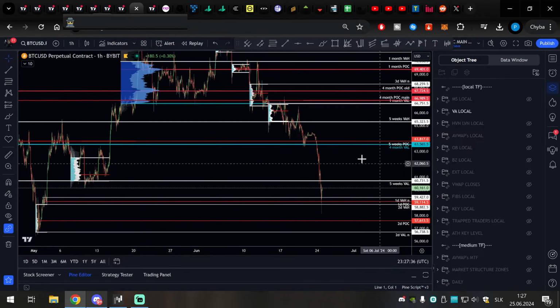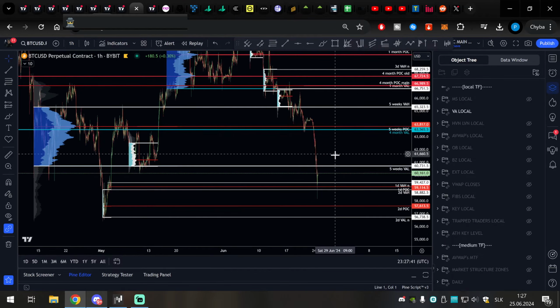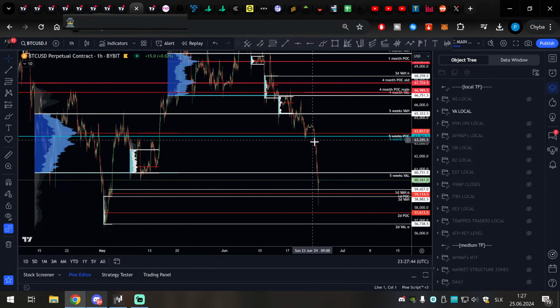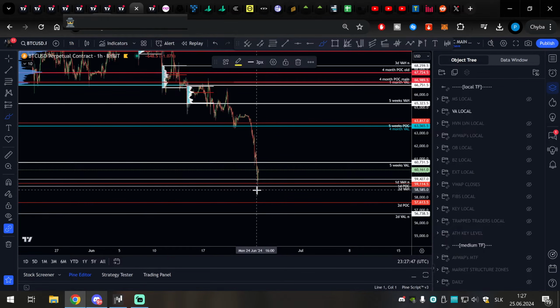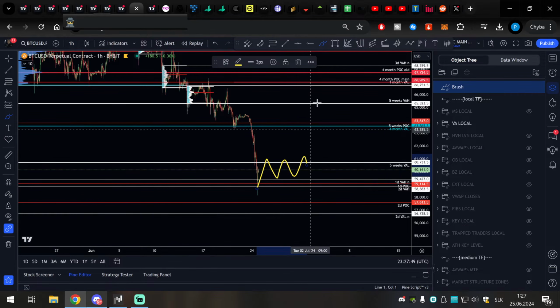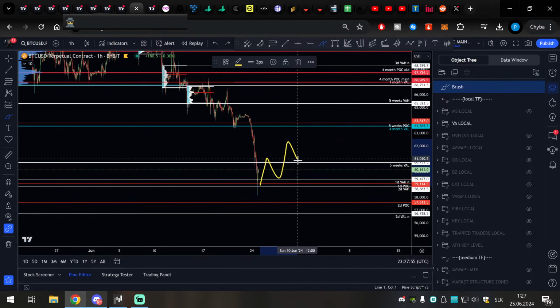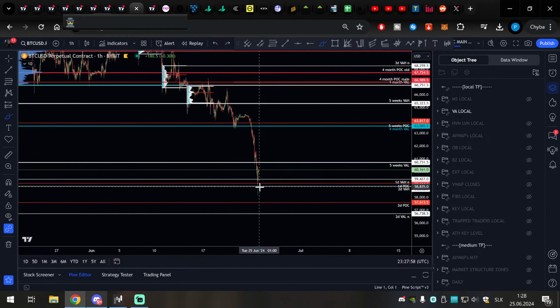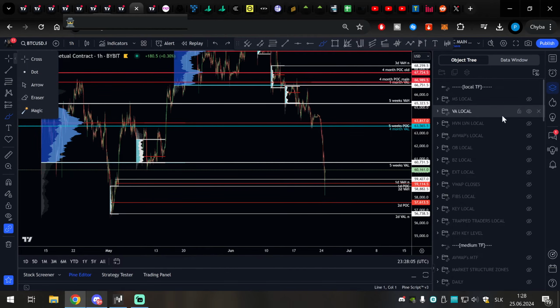So this trade can take weeks, really weeks. You see, the swing trade will be starting only over here. And we also need to see how the market structure will be shaping up. We don't know if it will be ranging or initiating a new uptrend. An uptrend would definitely be much better, but I would like to see a range first and then an uptrend out of it. That would be the best scenario you can get. So swing trades start much higher, but you can already get positioned.